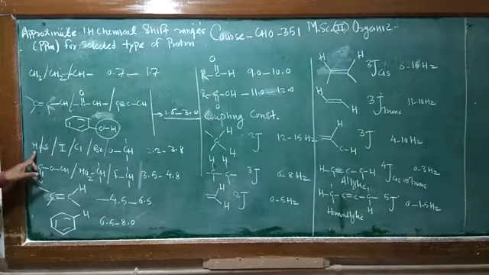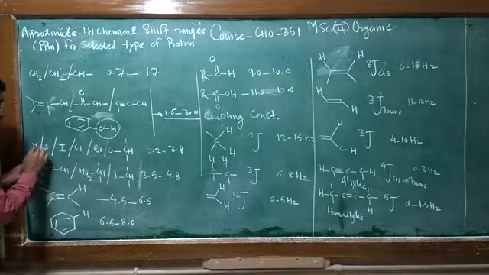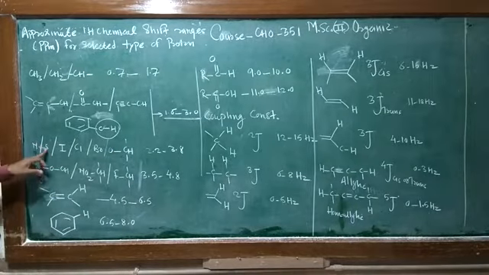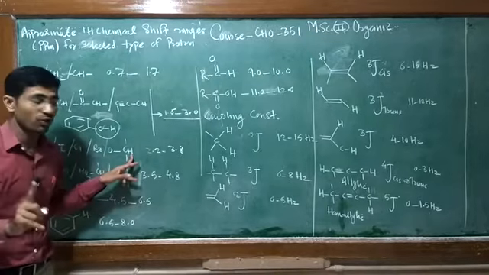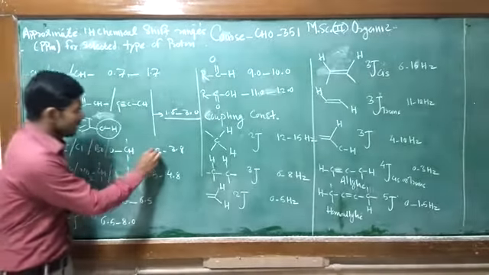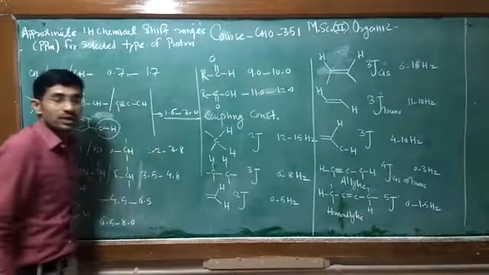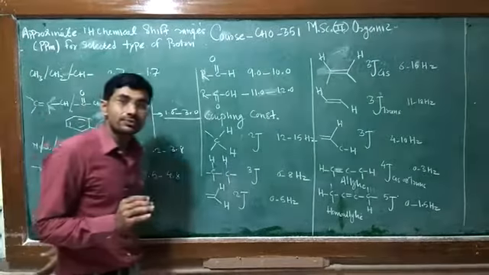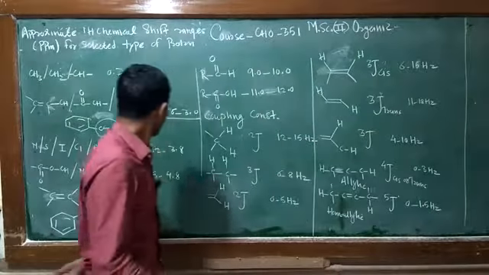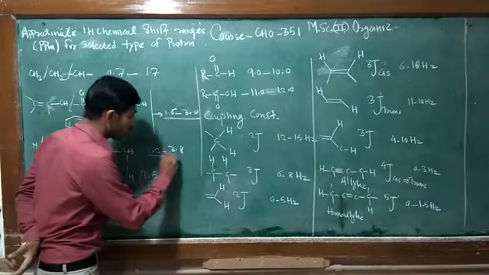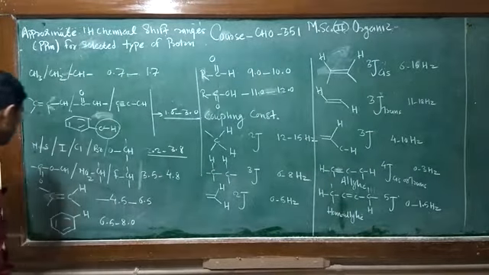Also, when the carbon is attached to an electronegative atom like nitrogen, sulfur, iodine, chlorine, bromine or oxygen, and this proton is present, deshielding occurs. Deshielding means our chemical shift value shifts downfield. So 2.2 to 3.8 ppm is the range you observe.